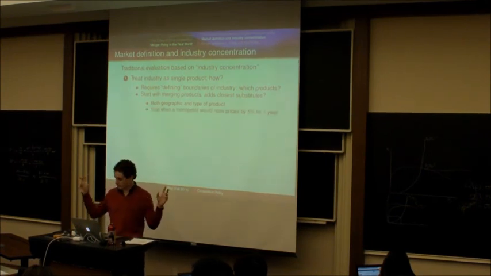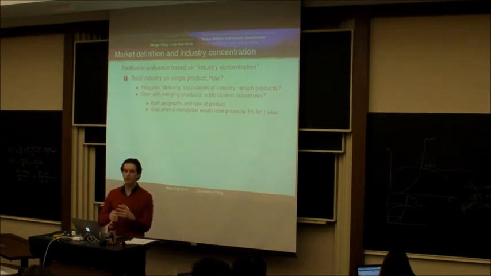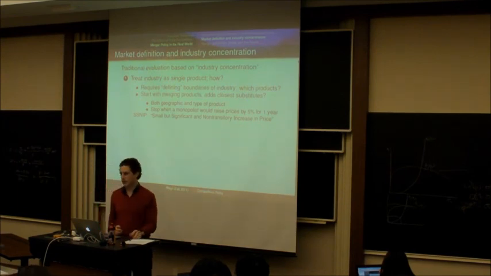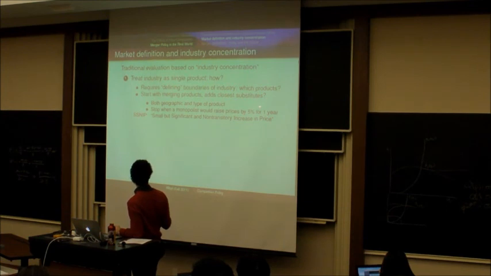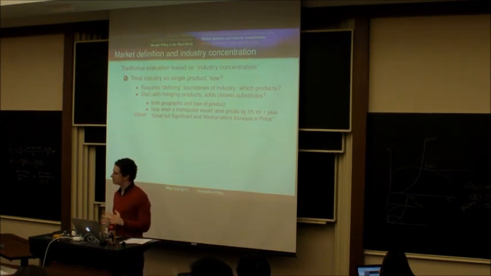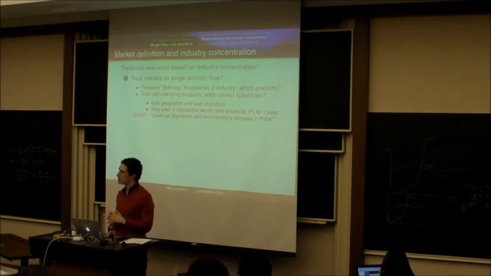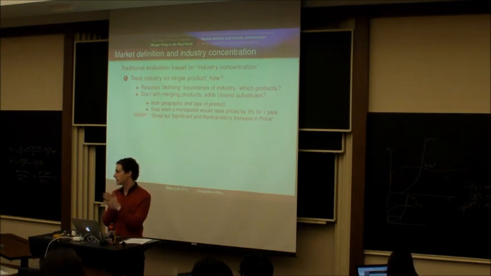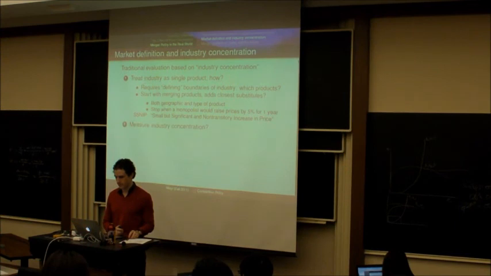And they call something a market when they reach the point where someone who owned all of the products in that group would, if they had a monopoly over all of those, have an incentive to increase prices by a small but significant and non-transitory amount. That is usually interpreted as about 5% for at least 1 year. Is it the hypothetical monopoly test? This is called the hypothetical monopoly test. They say if someone were to have a monopoly over this market, then they would have an incentive to introduce a small but significant and non-transitory increase in price, or 5% for 1 year. Then